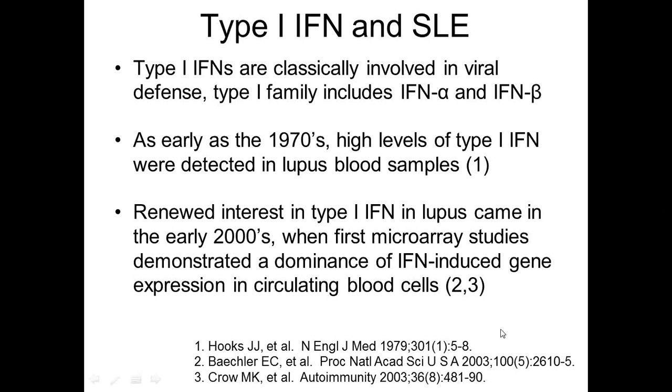There wasn't a lot of motion in the 1980s and 1990s on interferons, but it came to the forefront again in the early 2000s, and this was when we started doing these gene screens in the blood, actually. So you could really see that if you looked at the circulating blood cells from patients with lupus, this pathway was really turned on, and that it was one of the most dominant pathways in the circulating blood cells. And so that really, I think, put it back on everyone's radar in a big way,